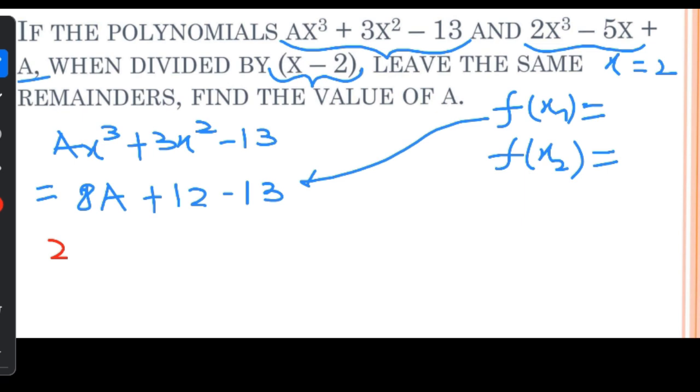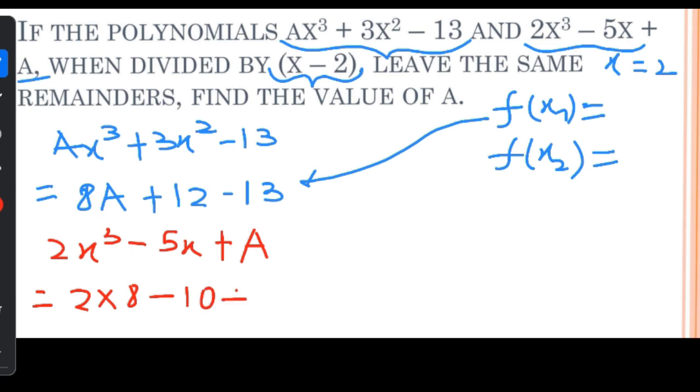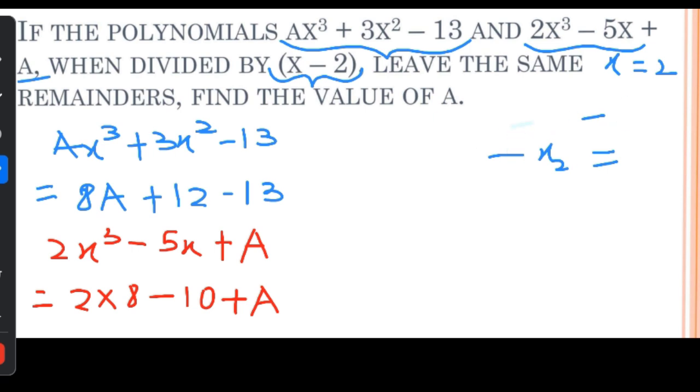2x³ − 5x + a. इसको अगर सिंप्लीफाई करेंगे क्या होगा? 2 × 8 = 16, माइनस 5 × 2 = 10, प्लस a. ठीक है, सो what you people obtained is